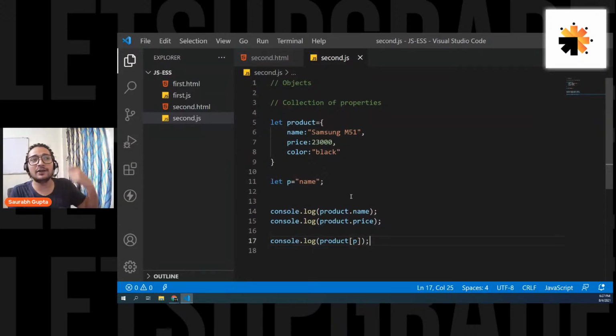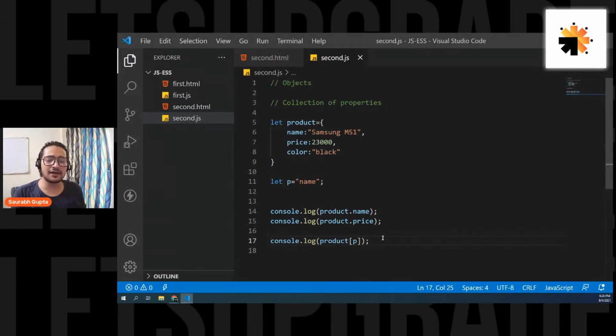So when you have the property coming from the user side, or coming from a dynamic side, and you are storing it in a variable and then you want to use it, you cannot use dot notation. In that case, you have to use the array notation. Are we clear, everyone? You use dot notation when the property is fixed, when you know this is the property you want to access. But when your property is coming inside a variable, or from somewhere dynamic, then you have to use the array notation. That's the difference, guys. Is that clear, everyone? Whenever your property is dynamic, you have to use array notation. Whenever your property is fixed and you know the property name, you can directly go for it. Okay, everyone, are we clear?